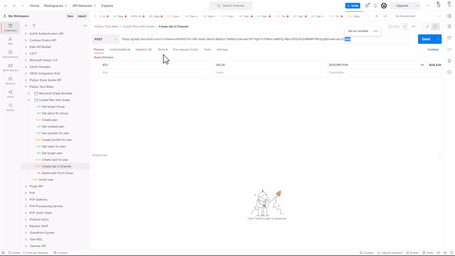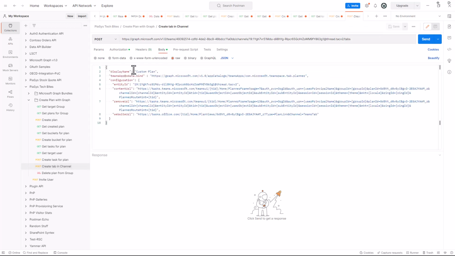And I'm going to make a POST request, and in the body of the request I'm going to create a new tab which will have the custom plan as its display name. In the ID I will specify that I'm going to create a Planner tab, so this is the unique ID of the out-of-the-box native first-party app for Planner, and then in the entity ID I will specify the general channel ID. While in the content URL, remove URL and website URL properties of my tab, I will have to specify quite a long URL,